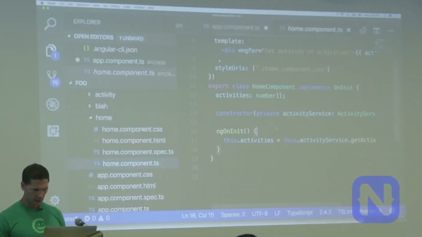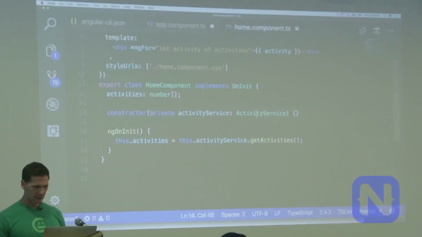Well, it's showing 1, 2, 3 because I'm injecting this activity service.